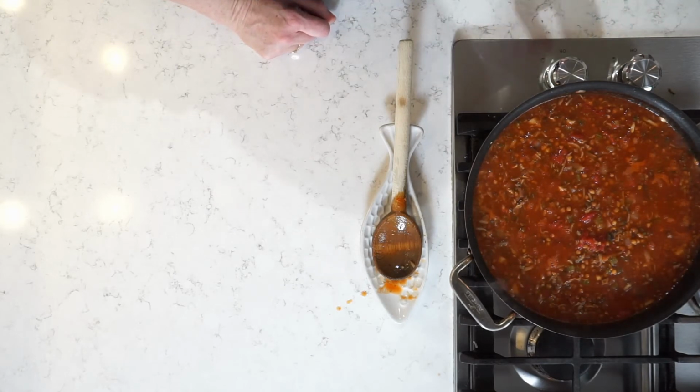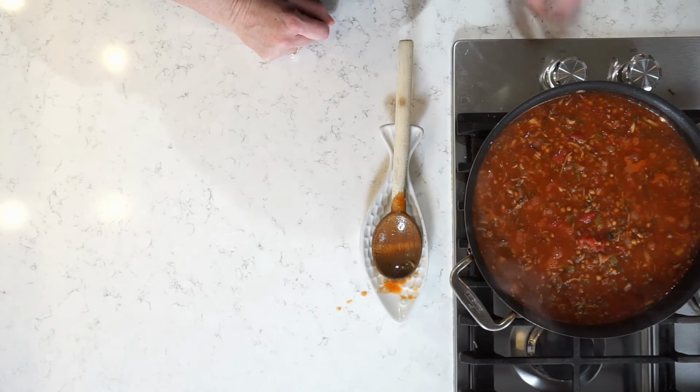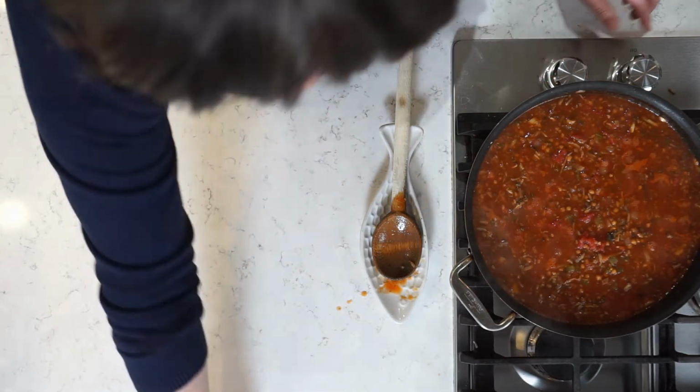And I'll stir it often enough, but I'll probably just putter around the kitchen and maybe empty the dishwasher, or tidy up a little bit, or maybe make a salad, or maybe I'll make some toasted breadcrumbs to put on top. But I'm going to let this cook now for about 30 minutes at a nice good simmer. All right, well, this